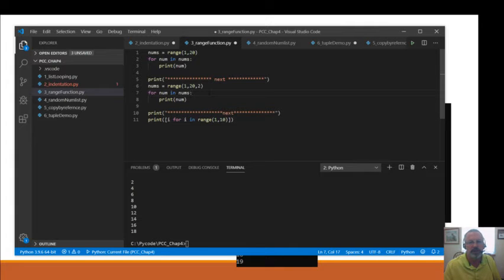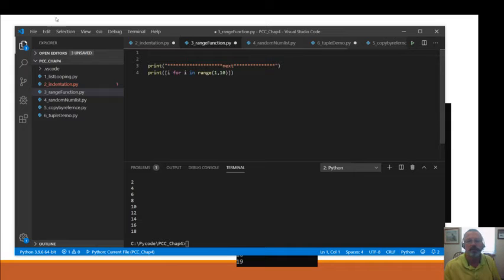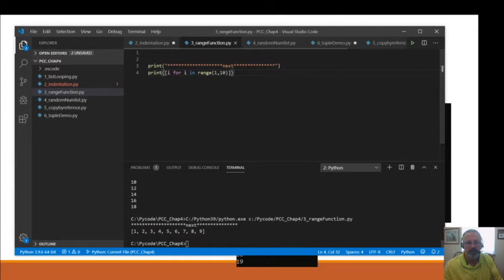Last, we can actually use the consolidated statement, and we can do for i, we're going to print i for i in range, and let's see what happens with this. Okay, so here we're creating a range 1 through 10, and then for i in 1 through 10, we're going to print i. And that's what we're doing here.